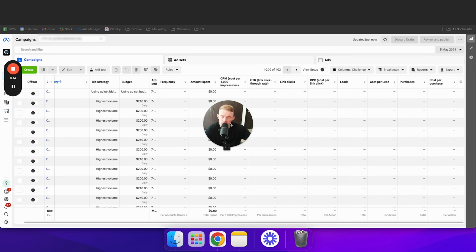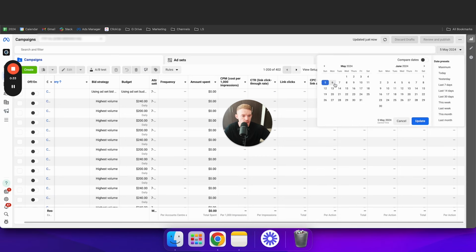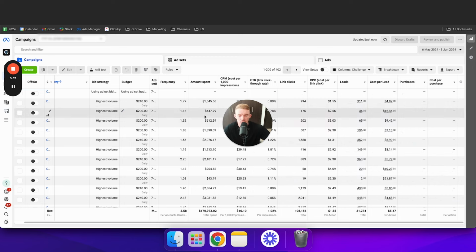Okay, so this is going to be a no BS setup guide of how to set up a Facebook ad account from scratch. And I'm going to be documenting the exact process that we use for one of our clients. You can see here on the 5th of May, this ad account was spending $0. And over the next 4 weeks, we scaled it to spending just over